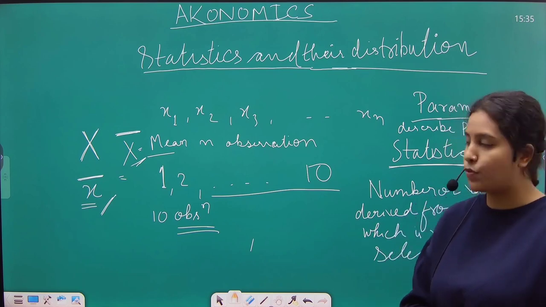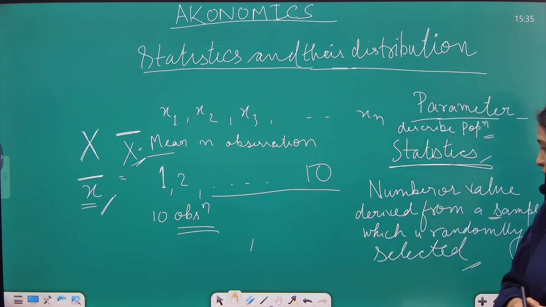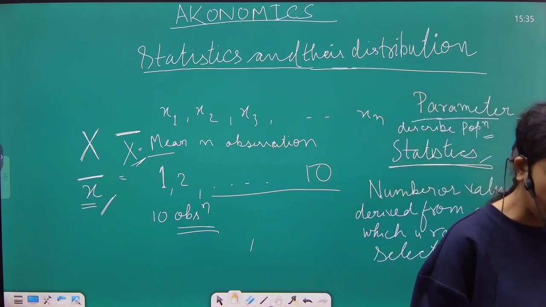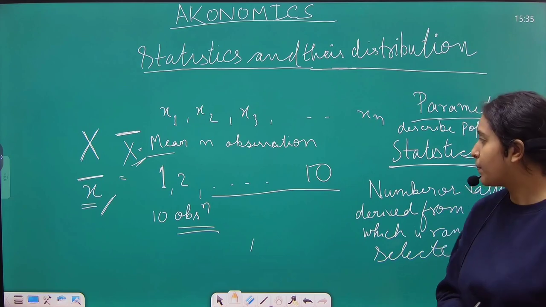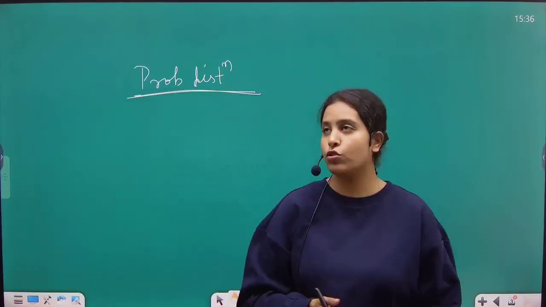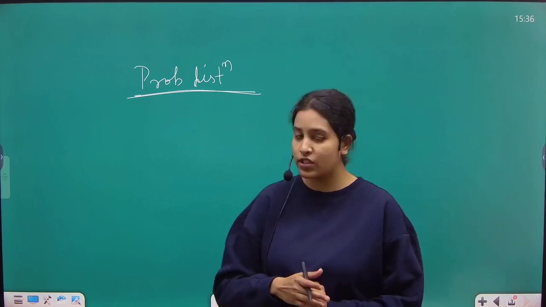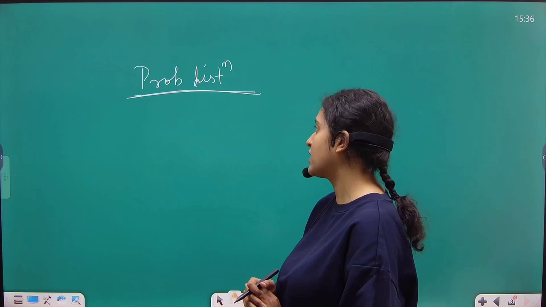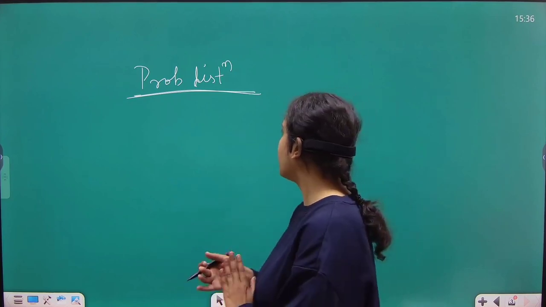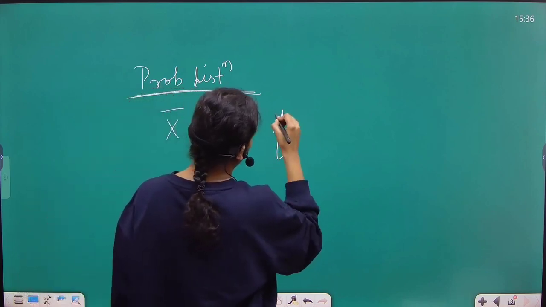We will talk about what is probability distribution. Since we know that statistics is a random variable because it is calculated from a random sample, it will have a probability distribution. Probability distribution is also called sampling distribution because it shows how the statistics is varying across all the samples. For example, x bar is 0 if